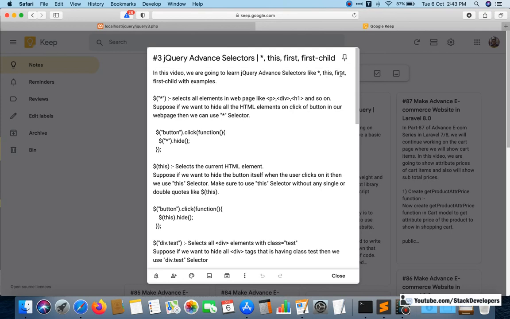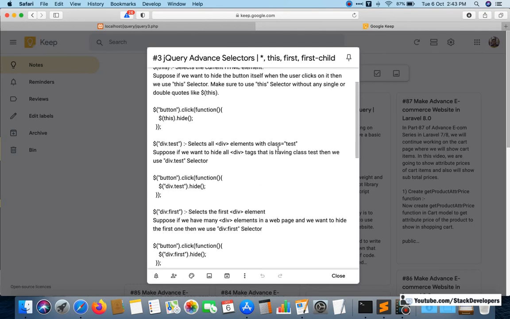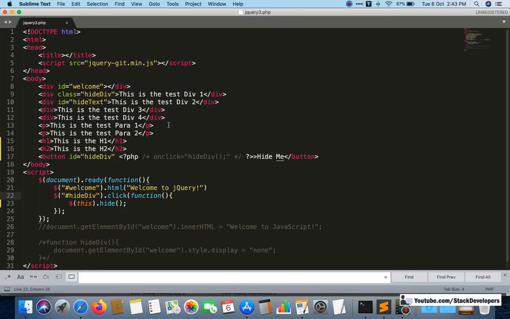After that, first. So what does first mean? Now see, if we have multiple div elements and we want to take action on the first element of div.